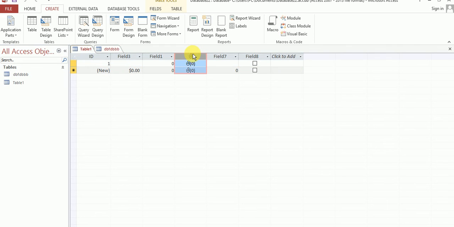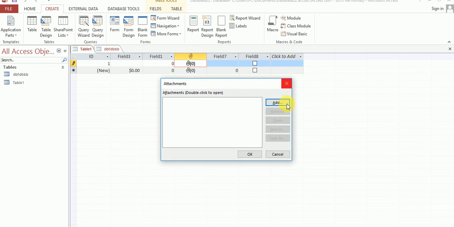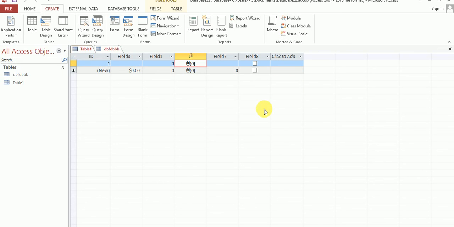Just double click on attachment and attach your data here in your table. Okay, so calculated: this field type is new in Access 2016. You can use it to create a calculated field directly in a table.